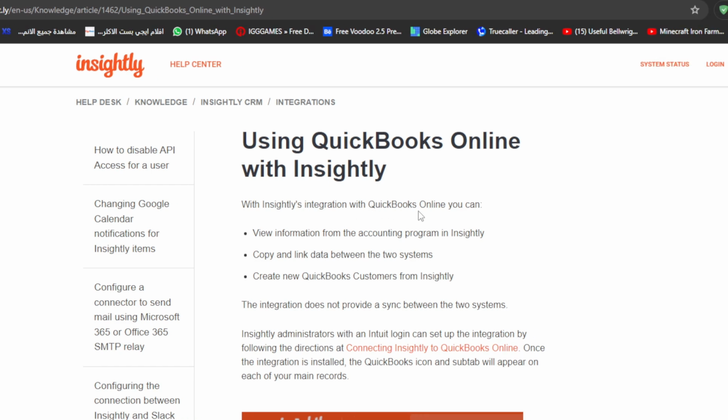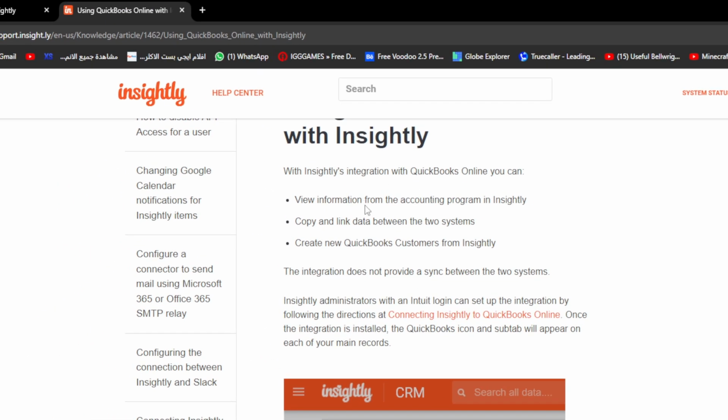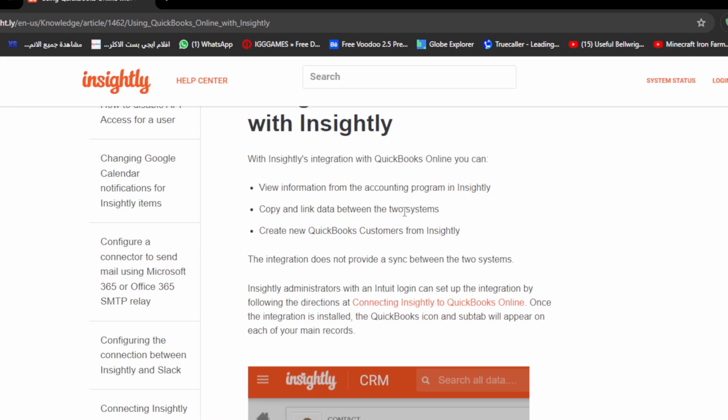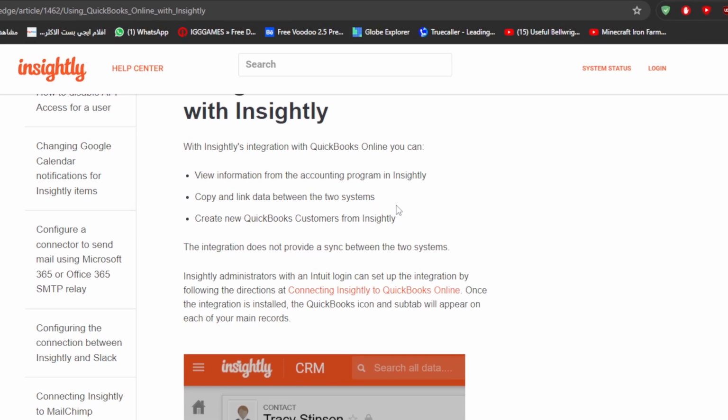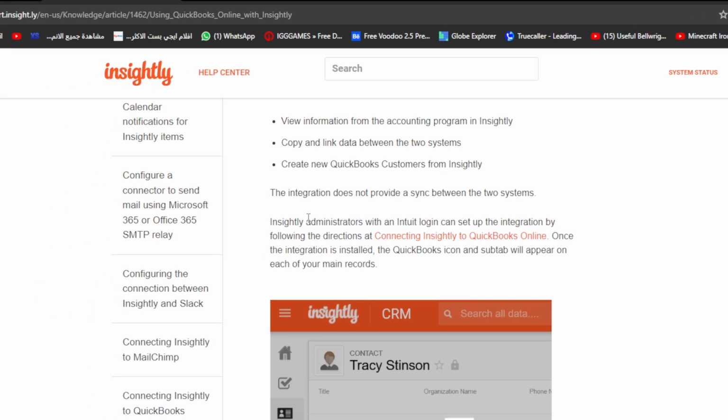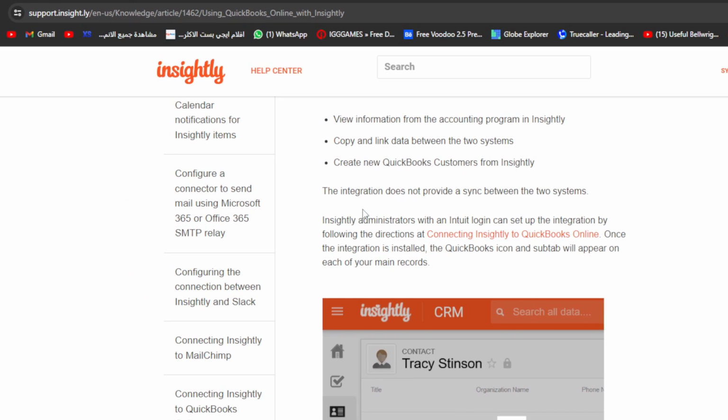With Insightly integration with QuickBooks Online, you can view information from your accounting program in Insightly, copy and link data between the two systems, and create new QuickBooks customers from Insightly. The integration does not provide synchronization between the two systems. Insightly administrators with an Intuit login can set up the integration by following the directions at Connecting Insightly to QuickBooks